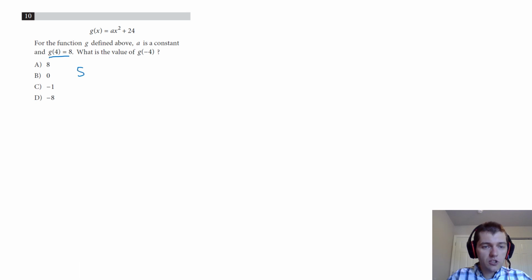Say that 8, g of 4, is equal to a times 4 squared plus 24. And the second equation will be what we're looking to solve, this g of negative 4, which we'll just call y. Y is equal to a times, we're looking for when x is equal to negative 4,